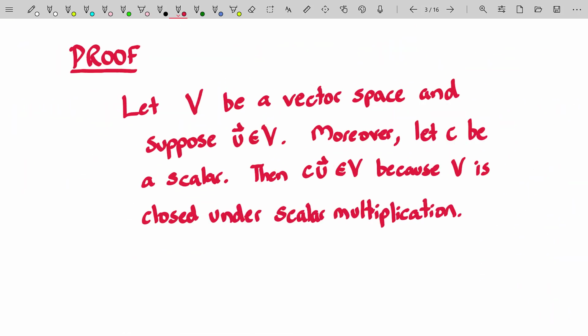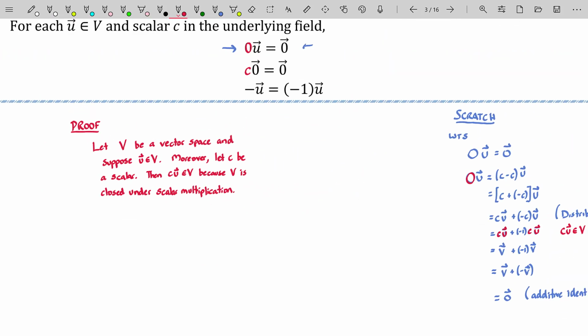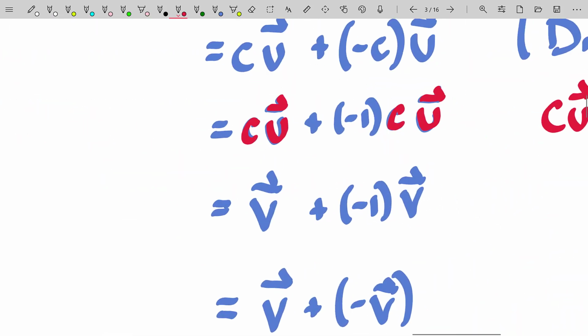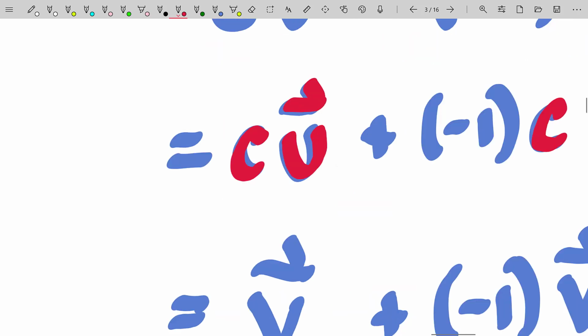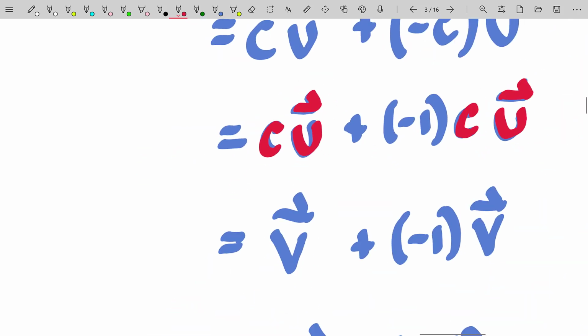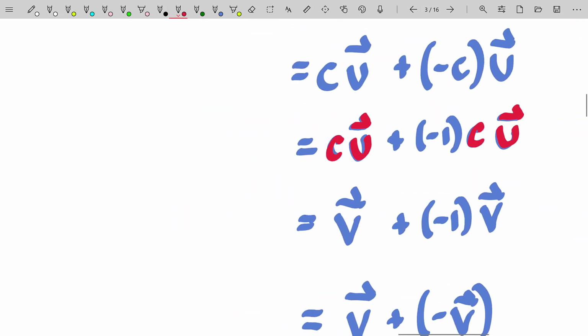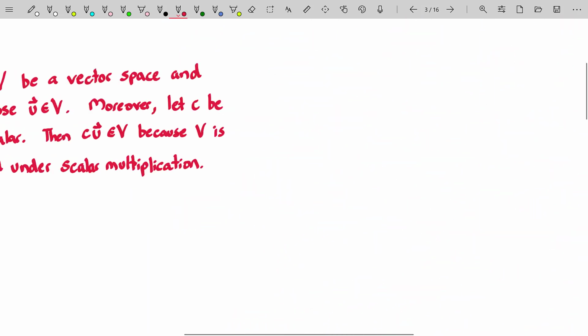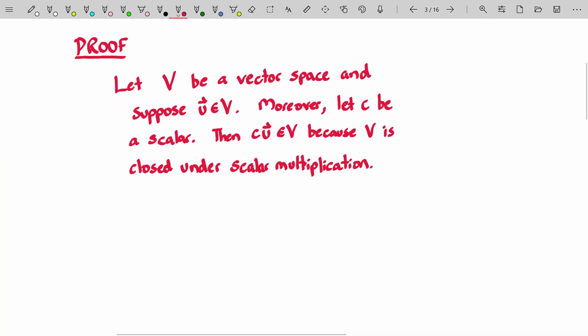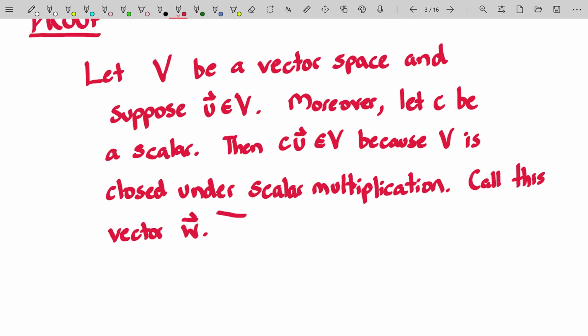Moreover, I want to name that vector CU because I did that in my scratch work. Remember, I got to that vector CU at some point, and I decided to call that vector C times U by a completely different name. And in fact, I might use the name W in my proof because having two V's in my proof might be confusing to a reader. So call this vector W, that is, the vector W is just the constant C times the vector U, which is also in our vector space. Then